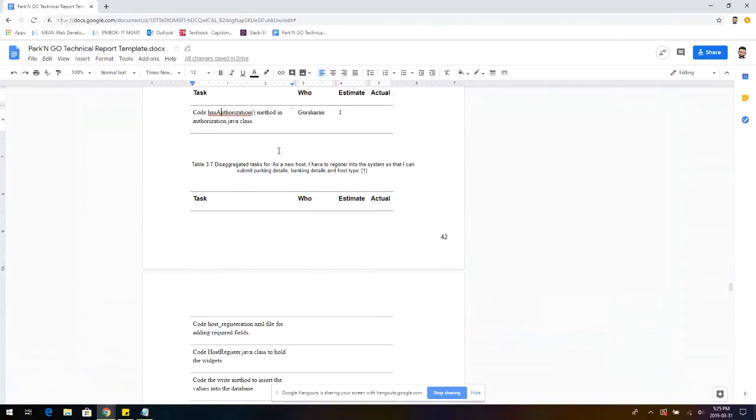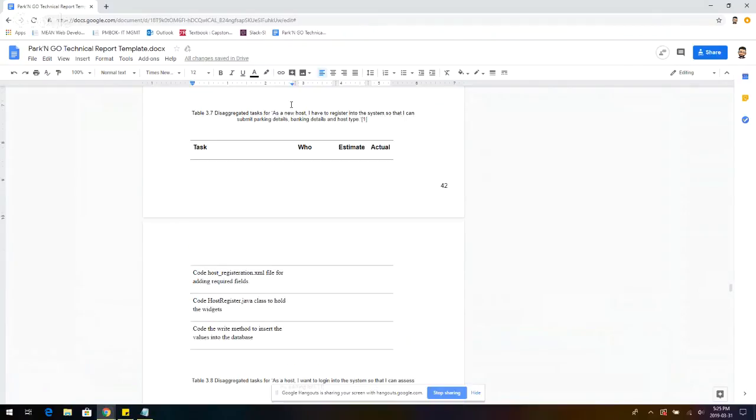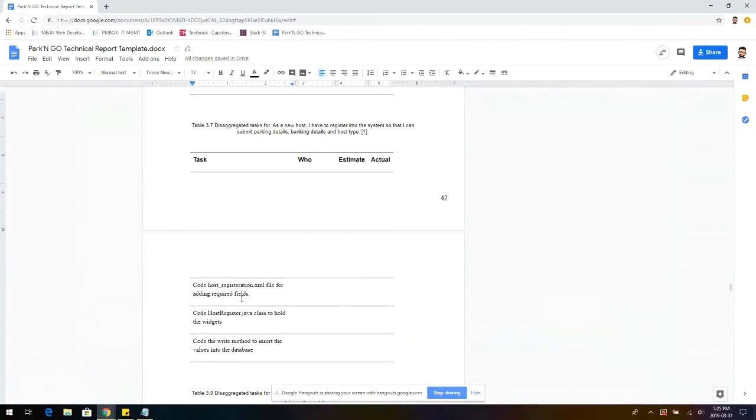So now we come to our second main user, which is a host. In this story, if we have a new host and they want to register into the system to host their parking location, first they need to register, and then only can they add the spots. So I guess this story is going to be big. We probably need, again, an XML screen for the views, and it will be taken care of by Monpri, since we divided the roles so that all the content will be taken care of by Monpri,